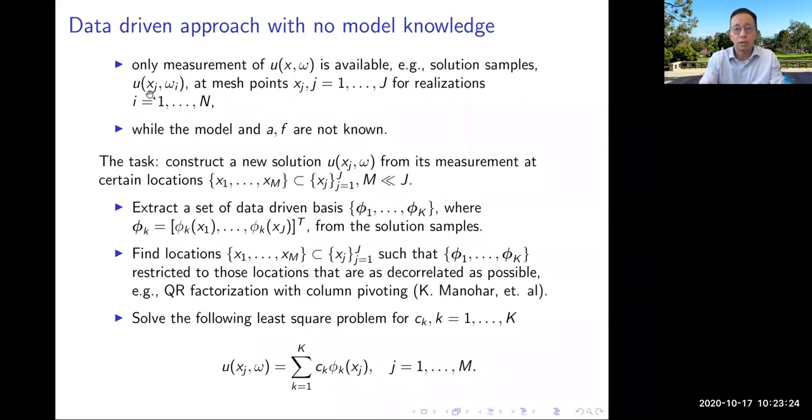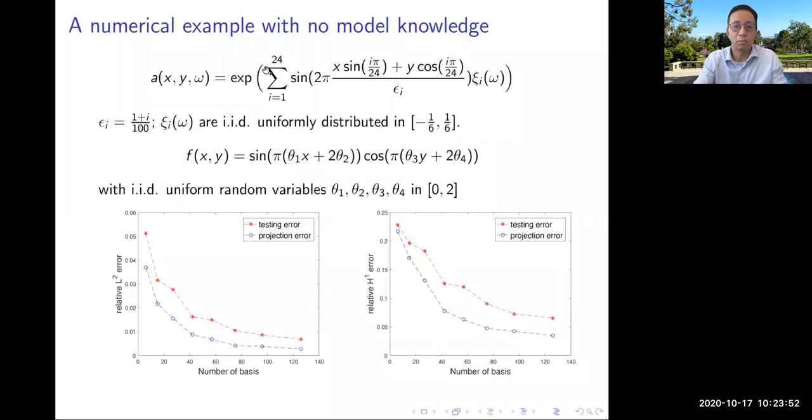So once you use the data, find the basis, and using the basis you find, you pick the locations that are best, most decorrelated. Then when you have a new earthquake, you just have to measure the earthquake magnitude at those locations, and then you can infer the earthquake magnitude at all other locations. That's basically it. And again, this is an example with 24 dimensions, and X, Y, F, x, y, theta is of this form, has 4 parameters, and you see our results.